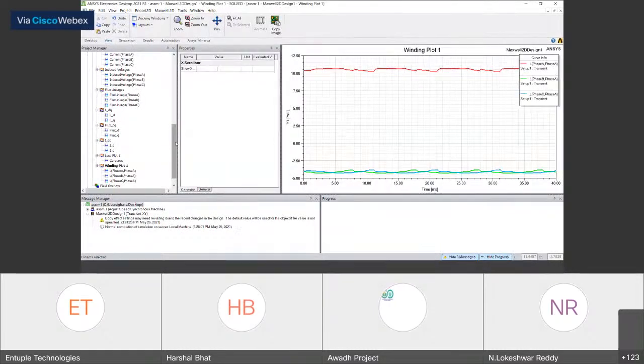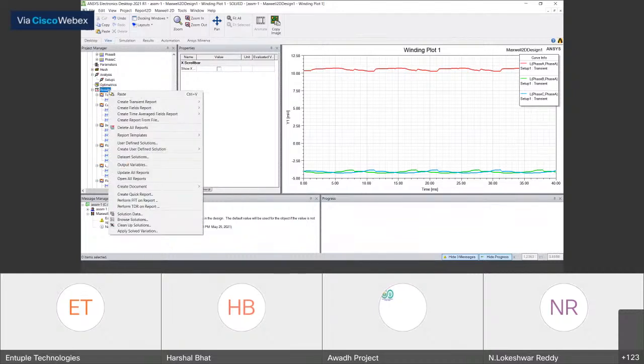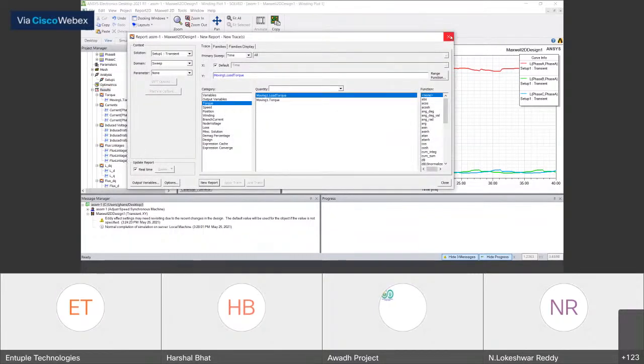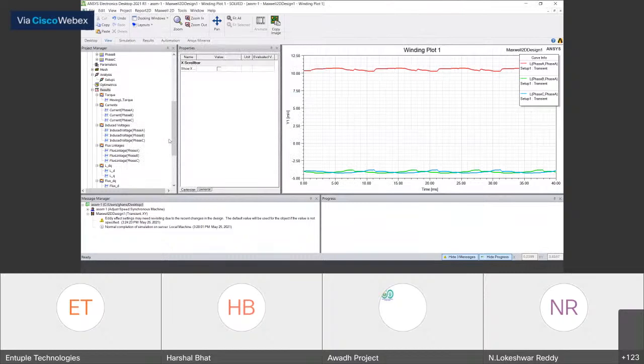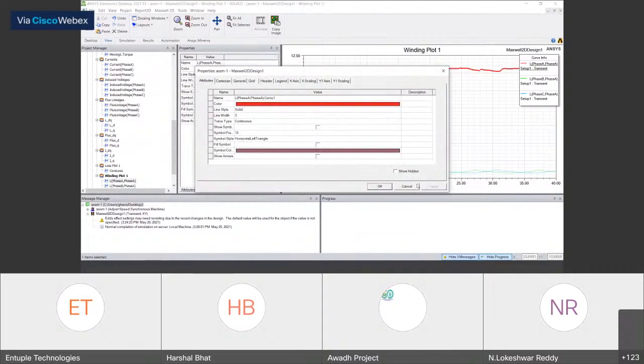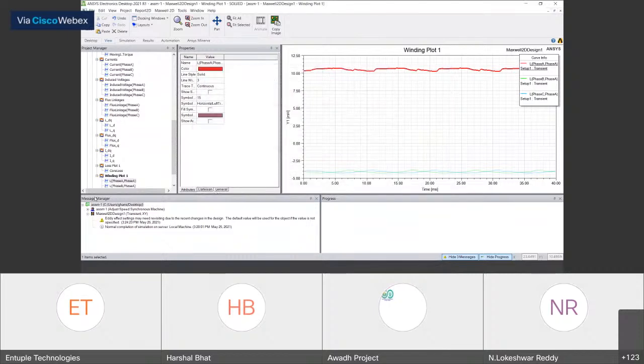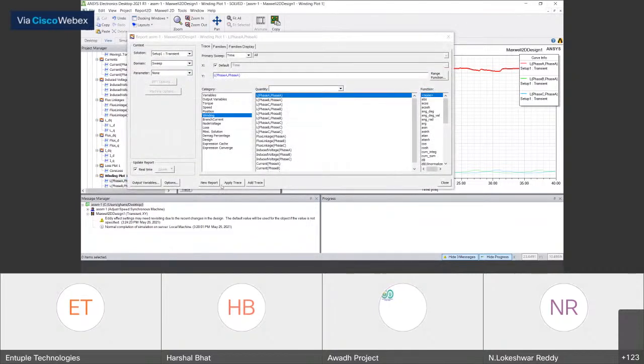You can also see the change in inductance with respect to time. It generally happens due to saturation and any harmonics that are there in the waveform. Of course, you can take an FFT of this result. For example, for this inductance value, the self-inductance, I want to take an FFT of this. Okay, so I can just create it in a new report